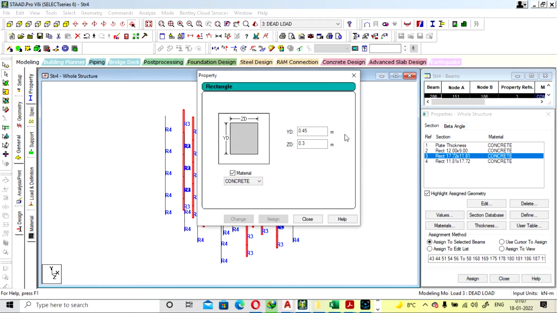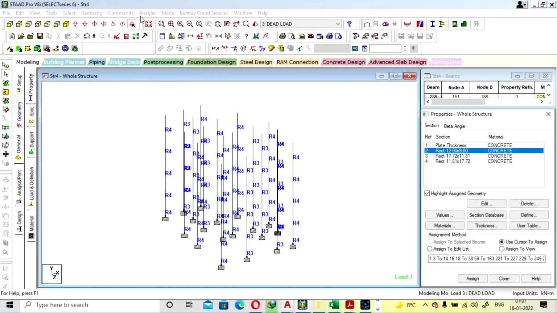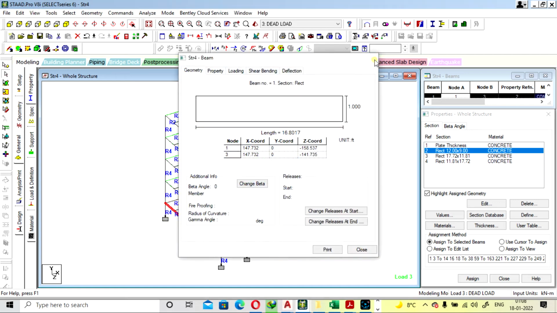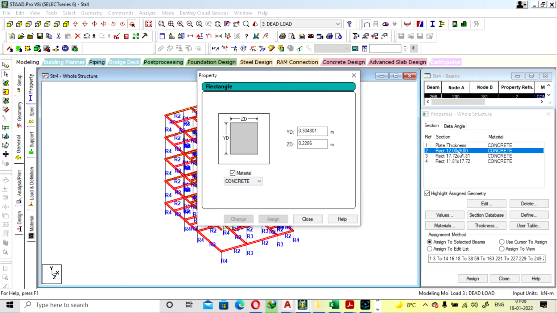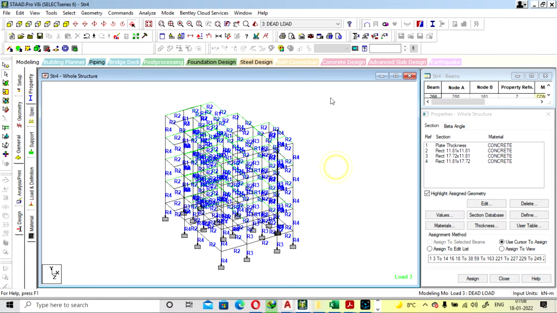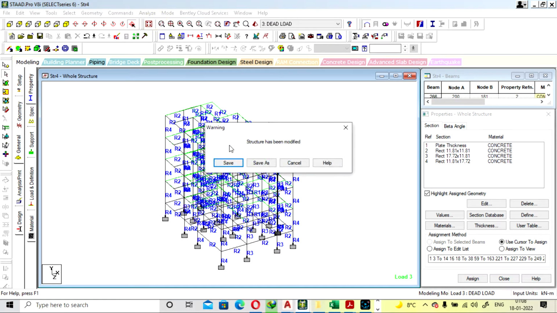Now what about the beam? We'll see the beam first. Beam is still not safe, so you have to increase the beam size also. So it is 300 by 300. Going with 300 by 300. Change. Save. Analyze, save.